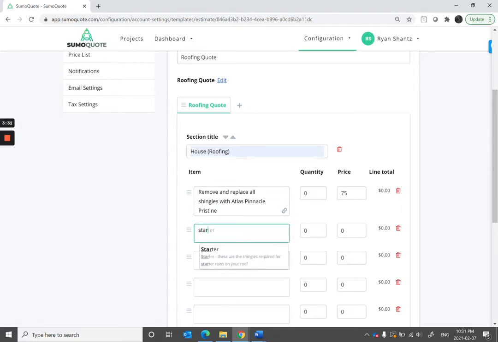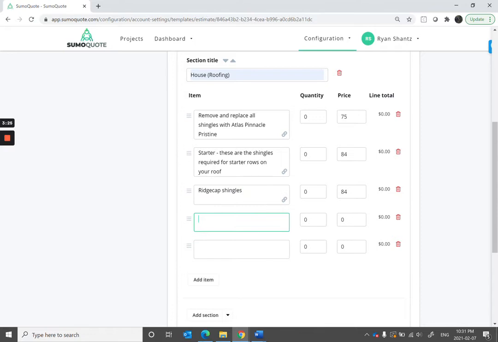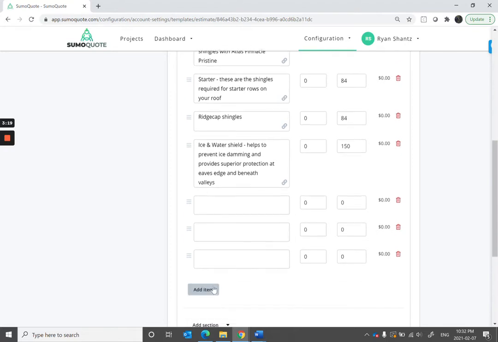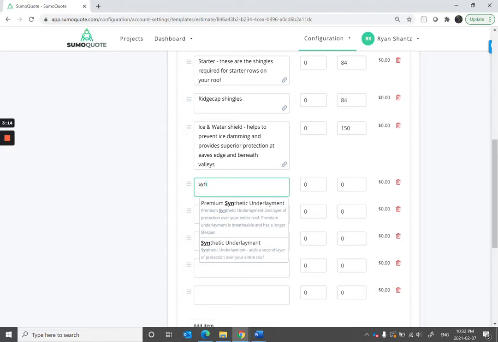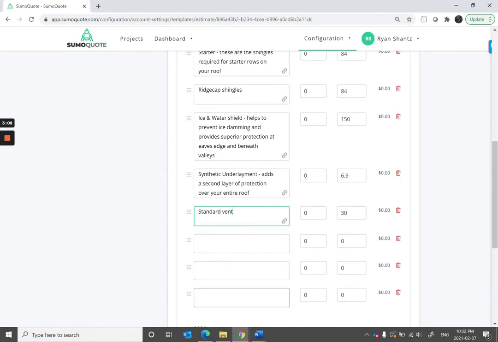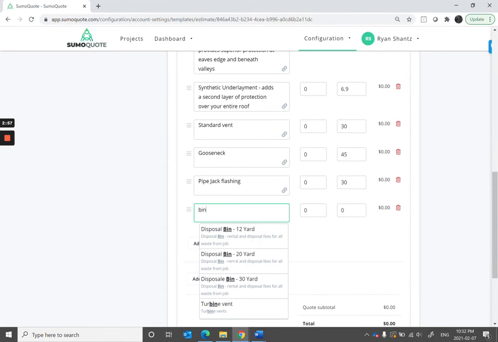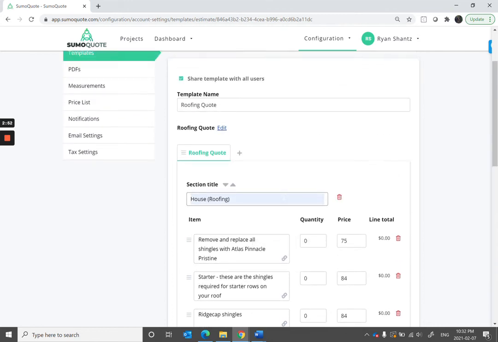And then I'm going to go through here. I'm going to add my starter. I'm going to add my ridge. I'm going to add my ice and water. So once you've got that price list built with all those items, it's very quick and easy to come in here and actually build all of that out into the actual quote that you want. So just type through, select your items that you want, and those are going to load in here. And that'll become the standard part of your quote. So there we go. I've linked all of these items,